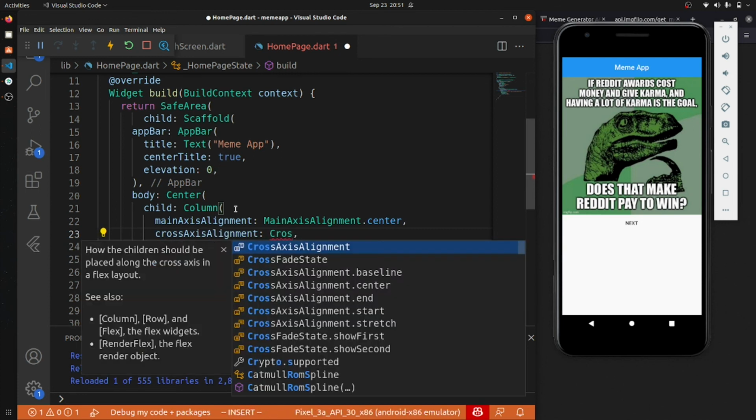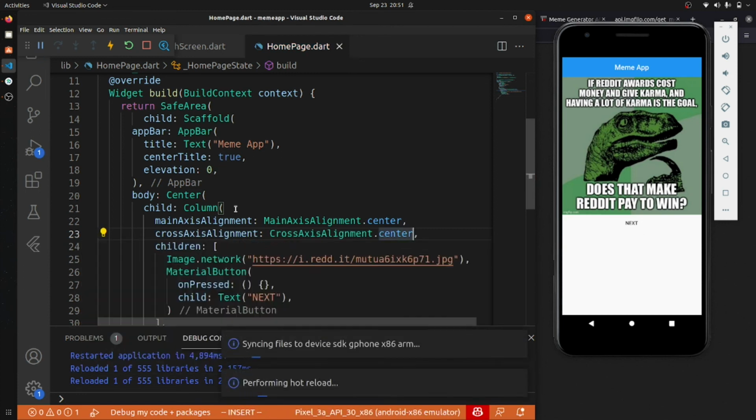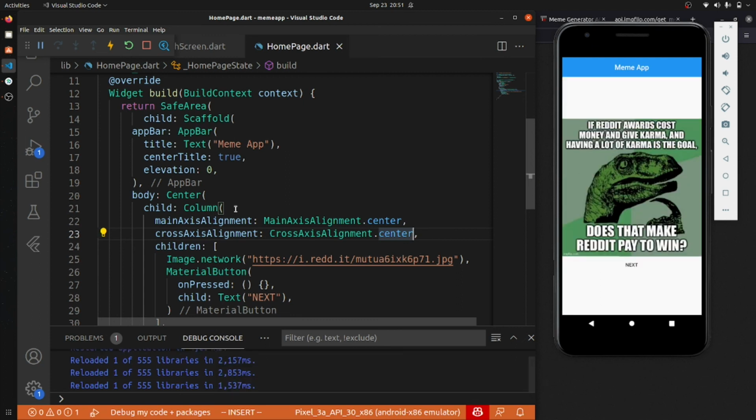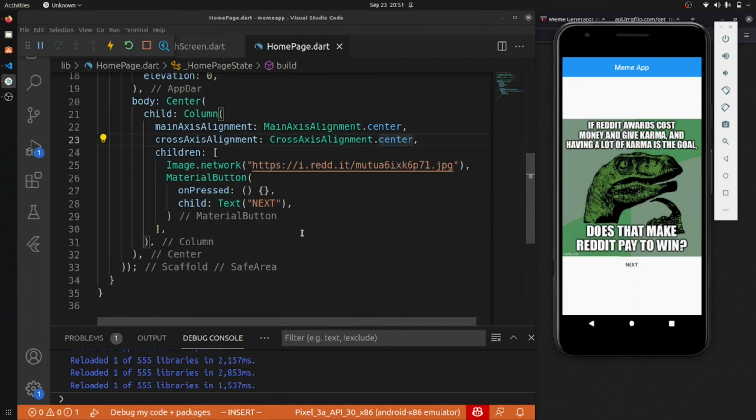So cross axis alignment dot center, and now you can see that it is looking much better. In the next videos I will be focusing on most of the part. We have not worked so much, but still we have worked. If you want to, you can replicate this whole application.